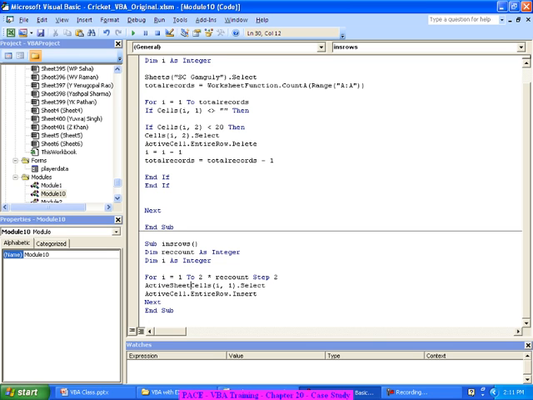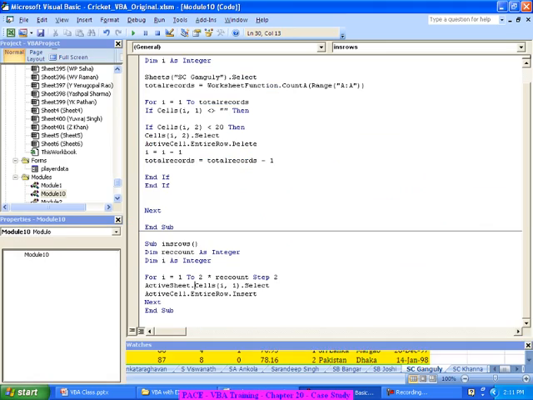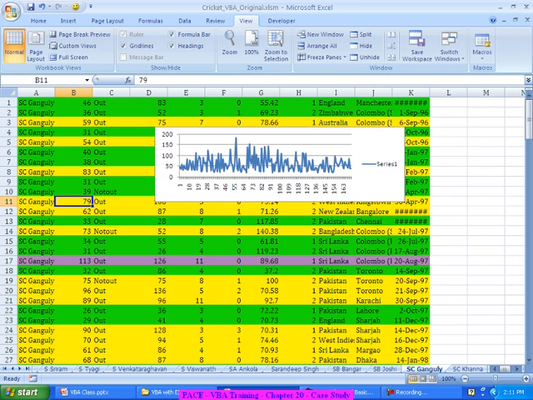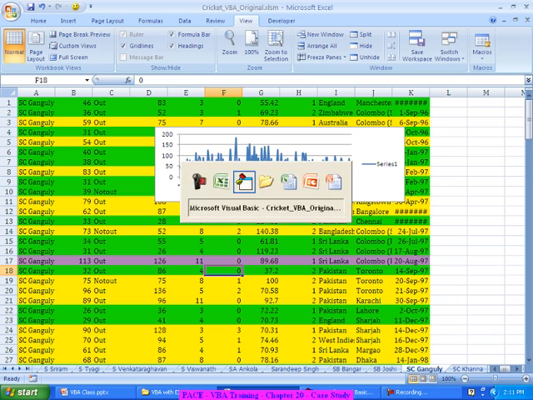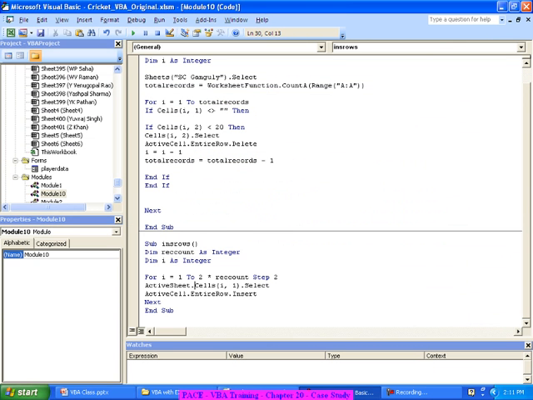Active sheet dot record count. Oh, where is the record count actually? There is no way, we did not find the record count at all. So record count is equal to, I'll use that count A